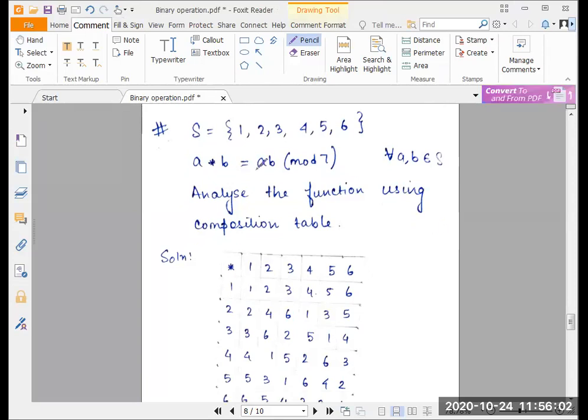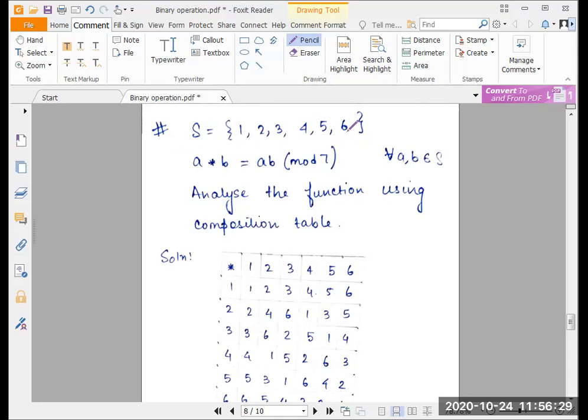The sum says S. As I have mentioned in my previous video, you can define your own set on which the binary operation will be defined. So in this sum itself, we have a definition, a non predefined set. So I have defined S to be the set of elements which has elements 1, 2, 3, 4, 5, and 6. So this is the set that I have defined. This is my own set.